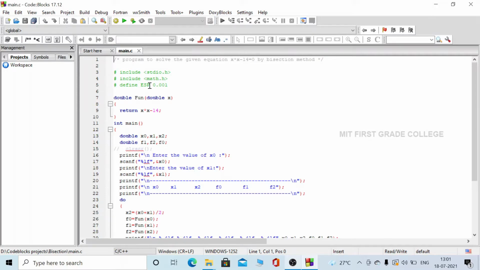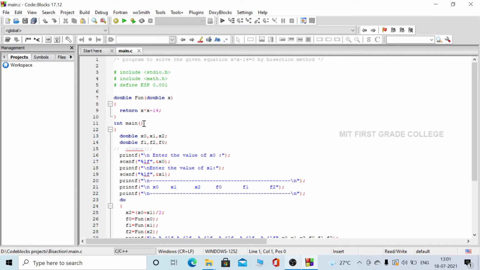Epsilon is used to find the accuracy and error. After including the header files, we are defining a function. So here a function is defined with one argument, and the function is x square minus 14.